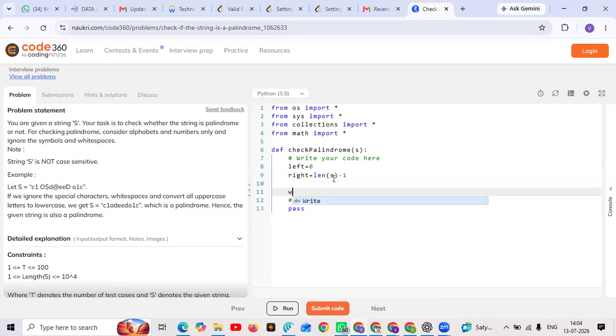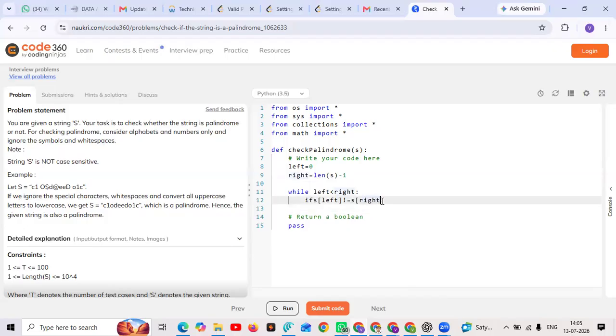Both are pointers. While left is less than right, if the character at left is not equal to the character at right,